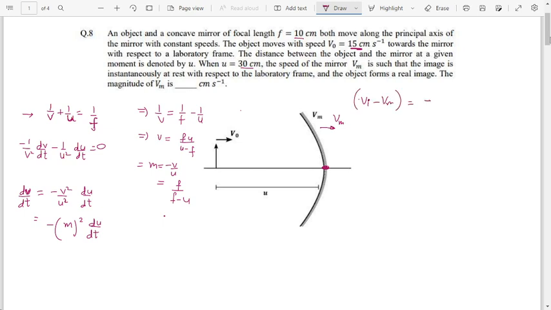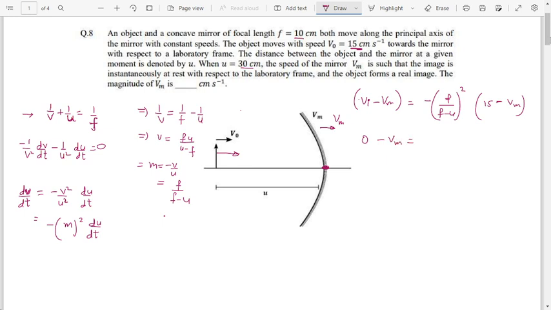That should be equal to minus magnification, which is (f upon f minus u) whole square, into the velocity of the object, which was given as 15 towards the positive side, because the object was moving like this, minus velocity of the mirror. Velocity of the mirror we have to find. Okay, velocity of the image is supposed to be 0, so we can put it over here as 0,